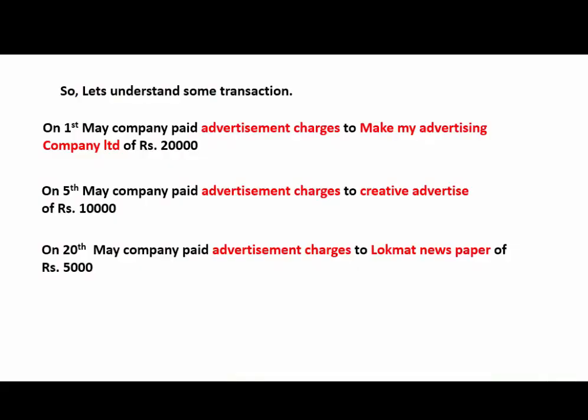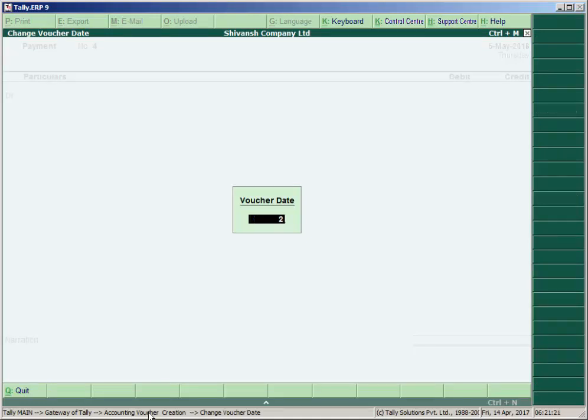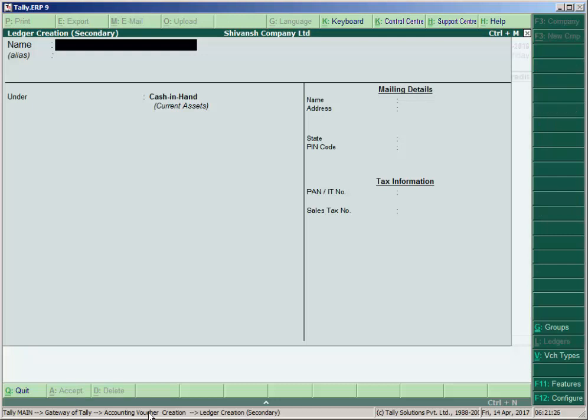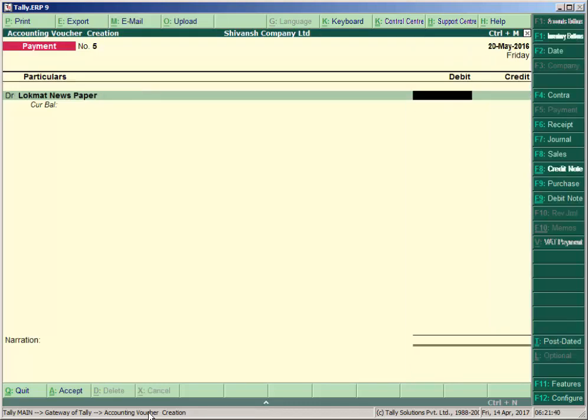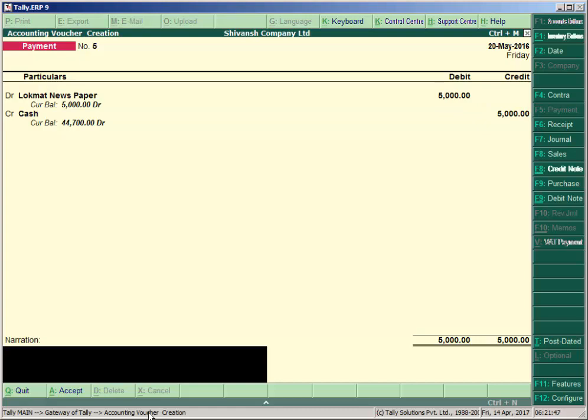Third transaction is on 20th May, the company paid advertising charges to Lokmat newspaper of rupees 5,000. Press F2, enter the date. Again press Alt plus C, Lokmat newspaper, under the group advertisement charges, 5,000 by cash.